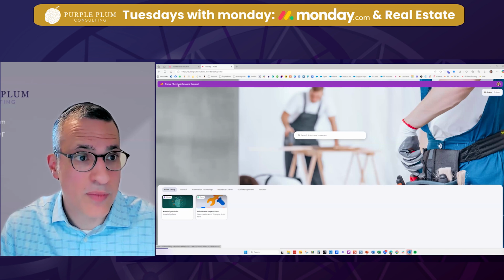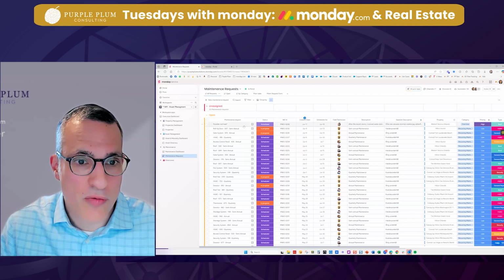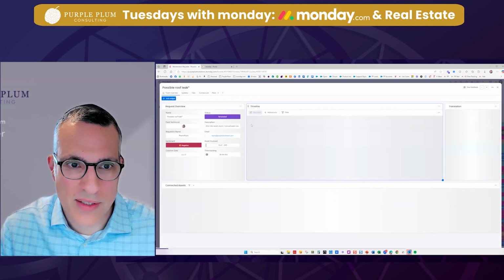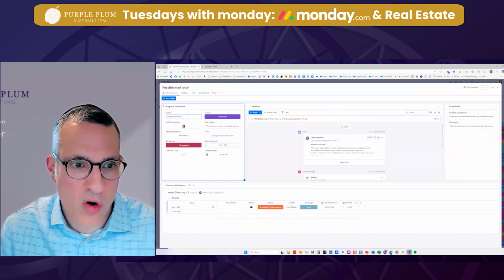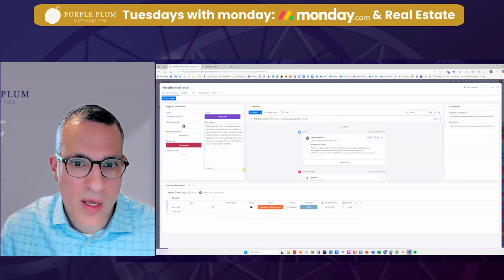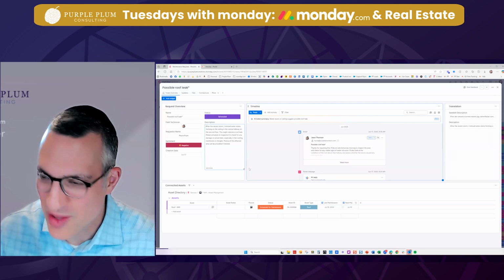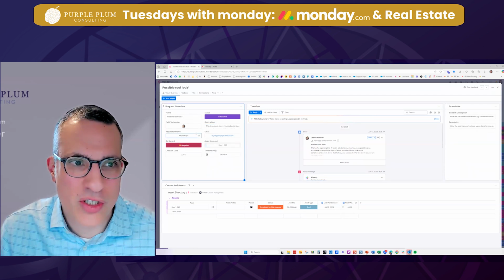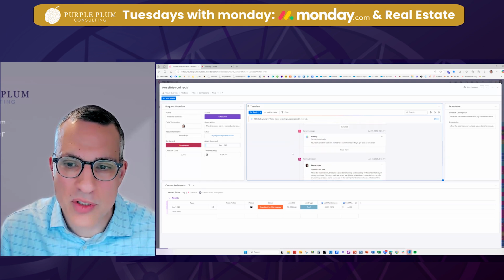So one of those tickets will come in and it will show up. And when I say ticket, I really mean a maintenance request. I just created one before in the form of a possible roof leak. And let's go inside and see what's going on with our ticket here. So in this particular instance, I filled out that form and I provided this kind of description on the form. And so, basically my sob story as to what's going on with the particular roof situation. And so Monday's tracking that information. And it also is giving me history of what has happened since that ticket came in.